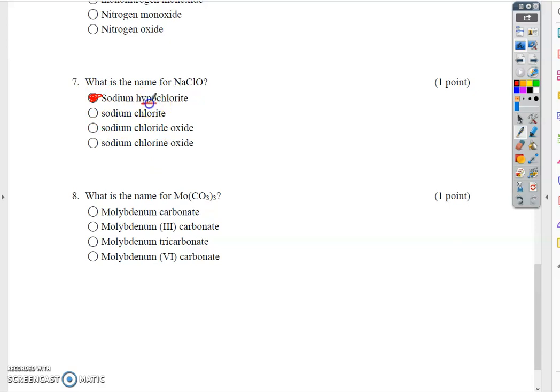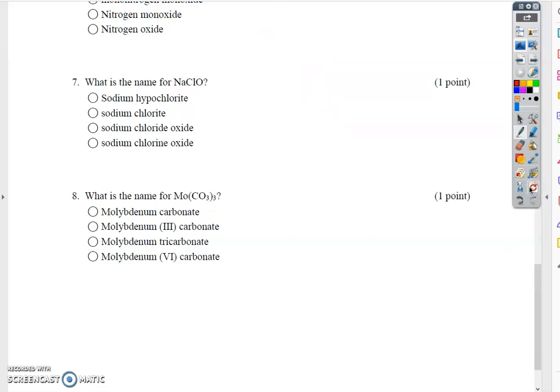Now, a lot of times this hypo part throws people off. It's just a prefix for this polyatomic ion. There are a couple polyatomic ions that have chlorine and oxygen. So you have chlorite, hypochlorite. All right, so chlorite would be ClO2. Hypochlorite is ClO. Chlorate is ClO3. And then you have a perchlorate, which is ClO4. Right, so what they had to do is start making prefixes for those because there's so many options between those. Okay? So now we can jump down to the last one,